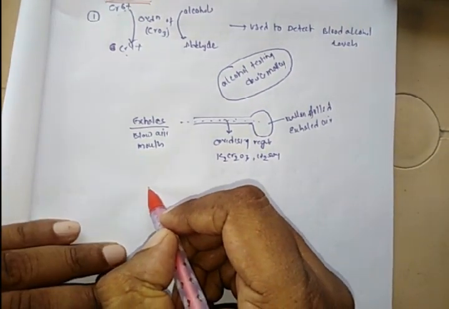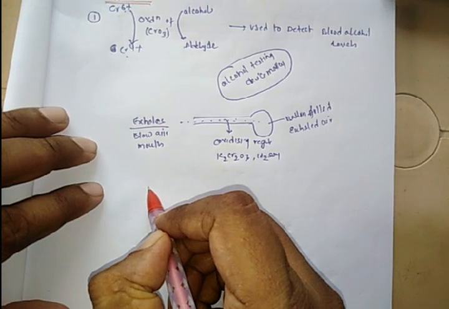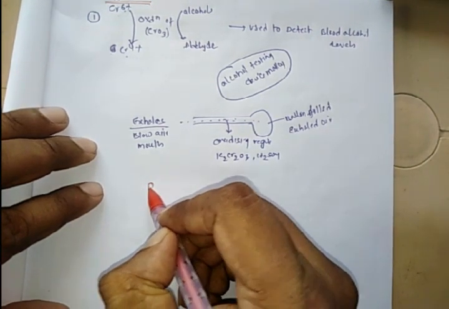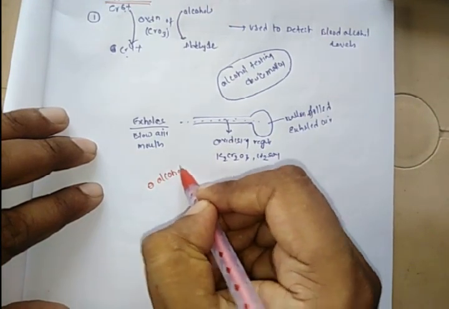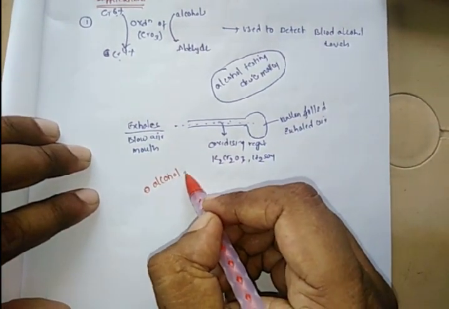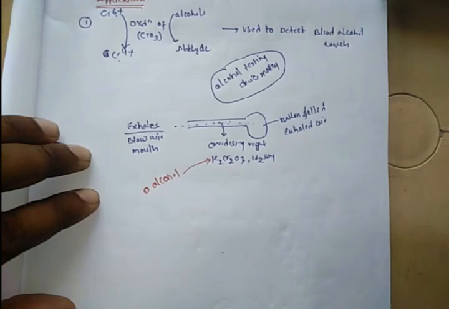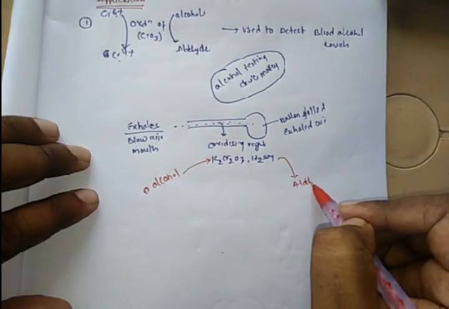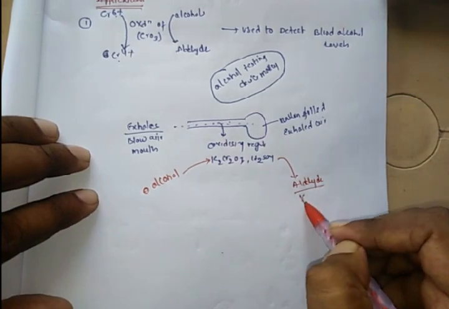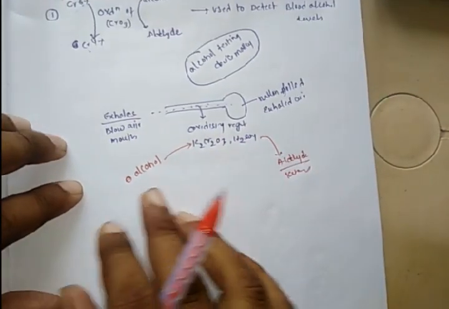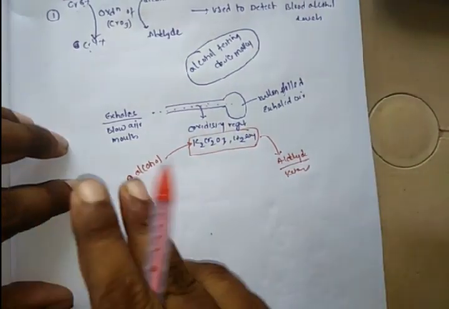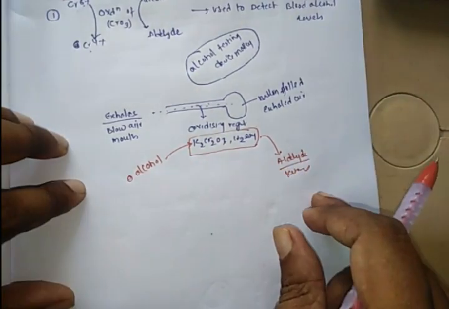If he is alcoholic, definitely the air coming from his mouth will have alcohol. This alcohol uses up this reagent and becomes aldehyde or ketone. So whenever alcohol is exposed to this oxidizing reagent, it will be converted into aldehyde or ketone,